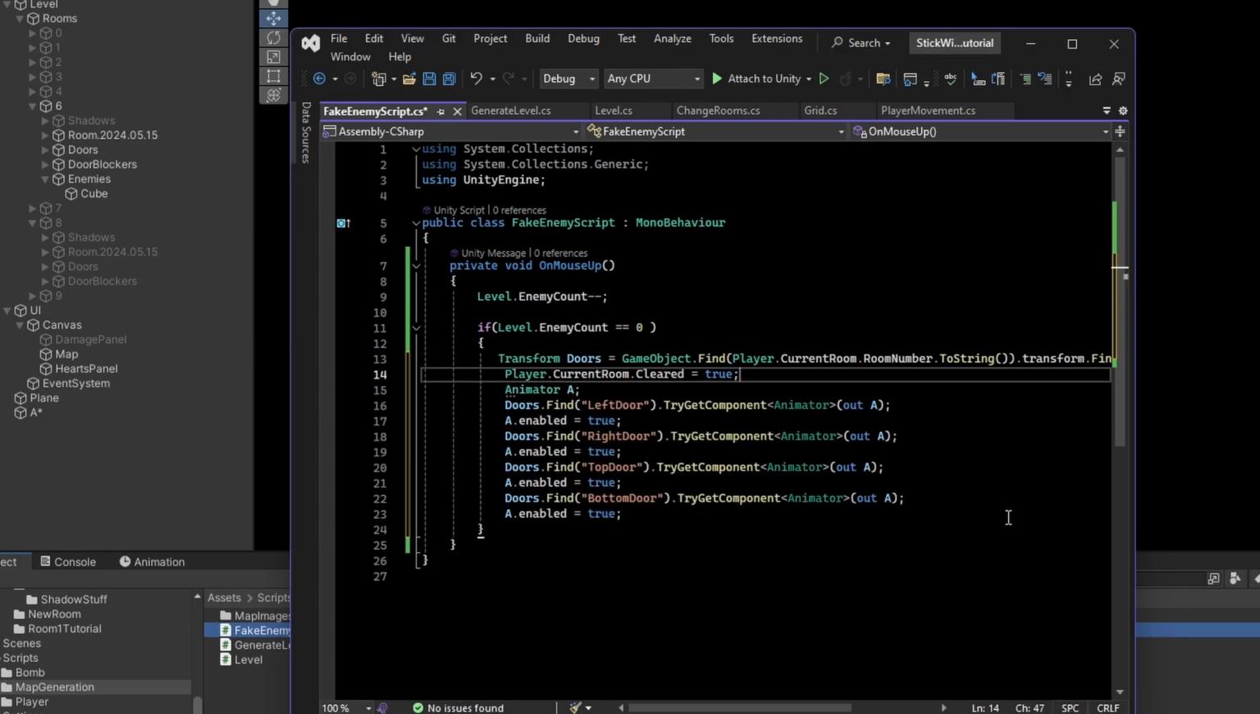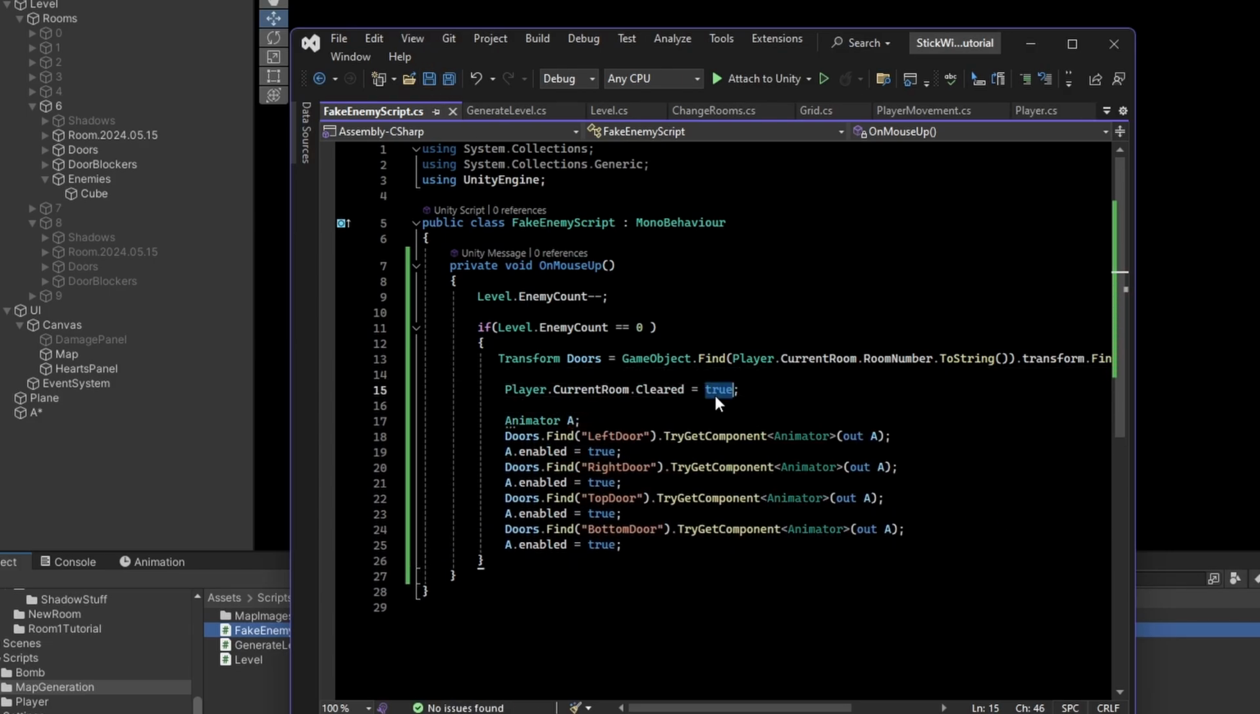We also need to set player.currentRoom.cleared to true. So this will allow us to actually go through the doors. If you don't set this, the doors will open, but you won't be able to go through them. So this will also make it so that if you enter the room, enemies should also be disabled. So we should disable